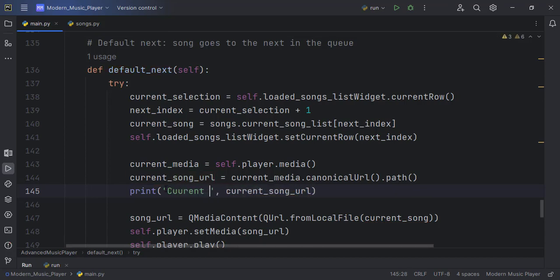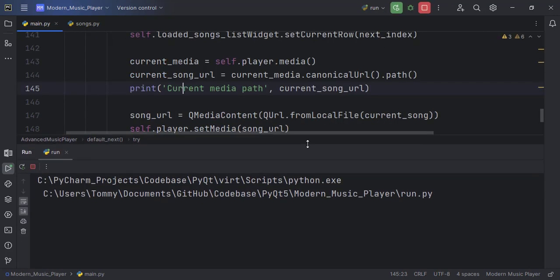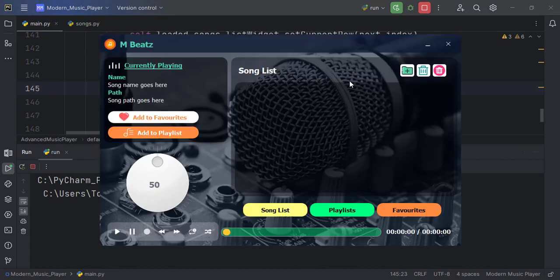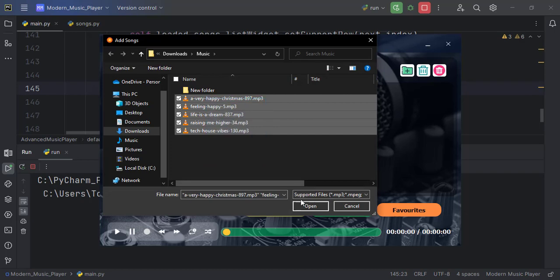So current media path. Okay. So when we get it and see how it is, then we will use it to now set the song in a more professional way. Okay,